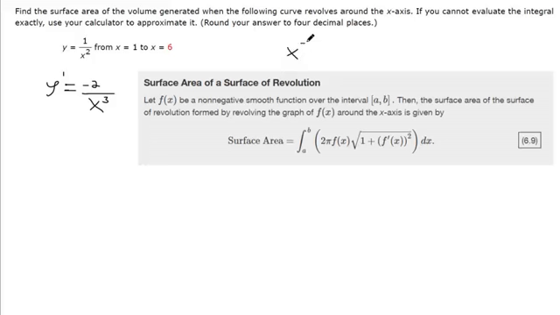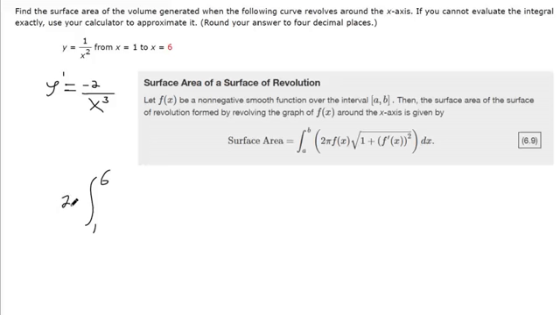Because if you have x to the negative second power, the 2 comes down and multiplies, and then it gets reduced by 1. And x to the negative third is the same as 1 over x to the third. There's our derivative. To find the surface area, we want to integrate from 1 to 6, it says, on the